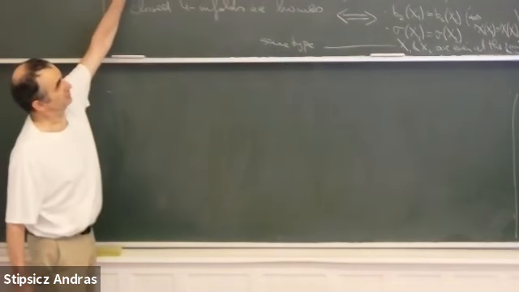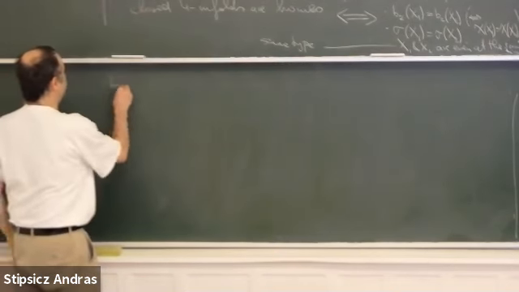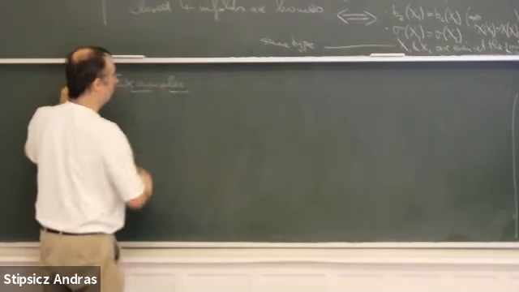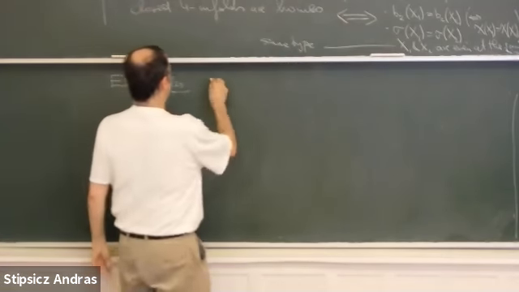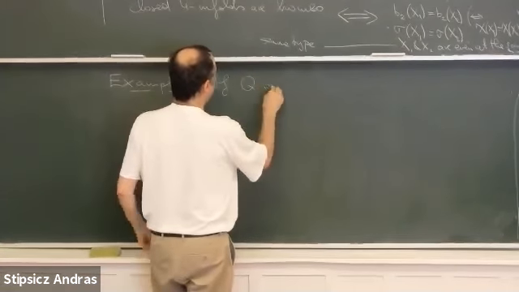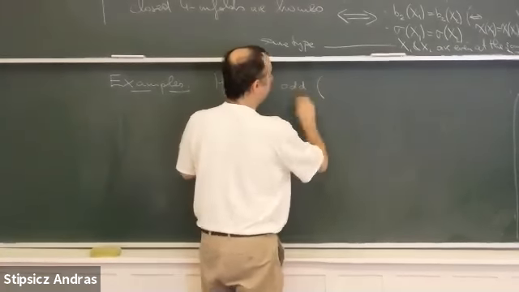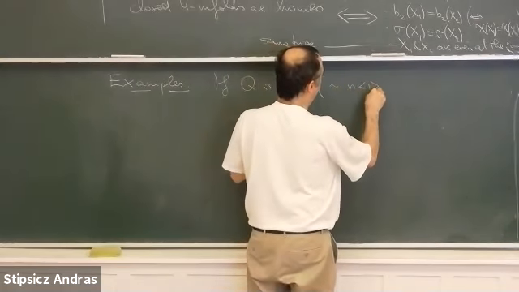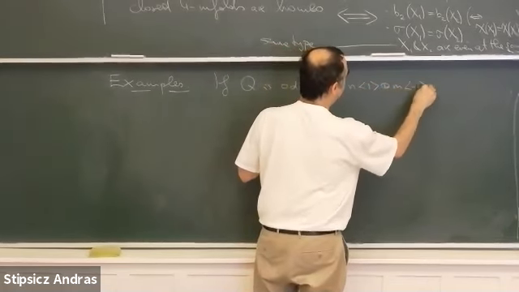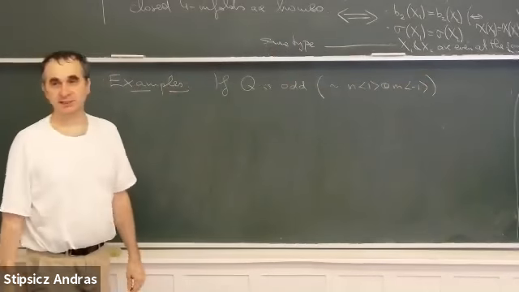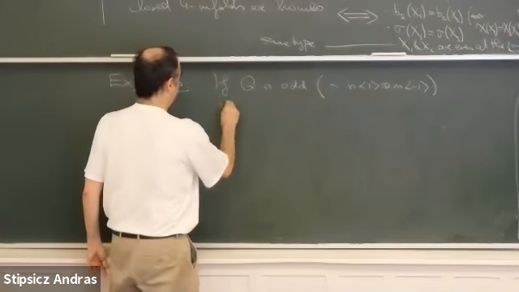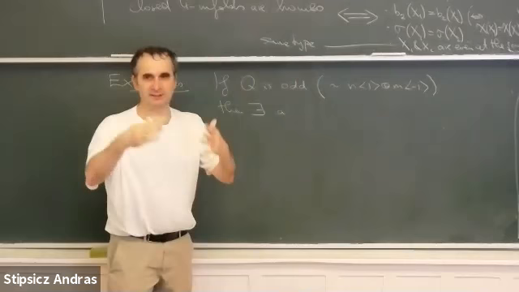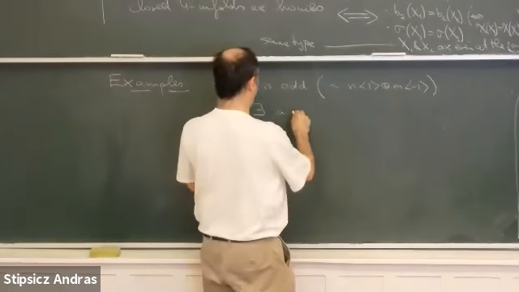So here is the conjecture, the 11th conjecture. So what happens regarding examples? Well, I claim that if Q is odd, and by the theorem it says that it's the same as the diagonal form with ones and minus ones in the diagonal, then there is indeed a smooth, simply connected, closed four manifold